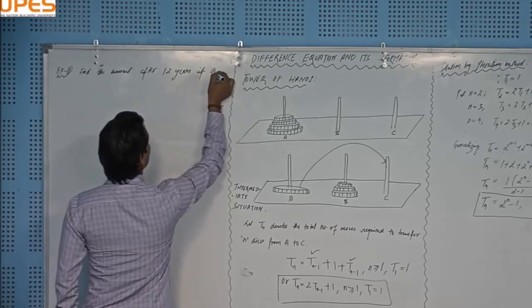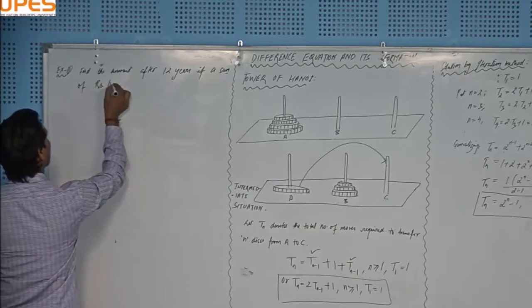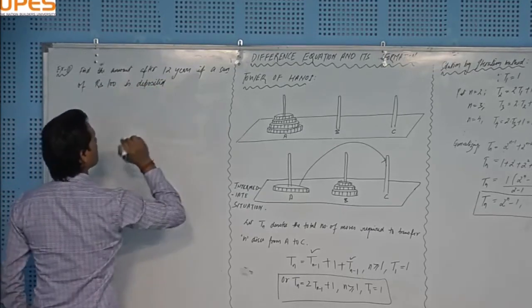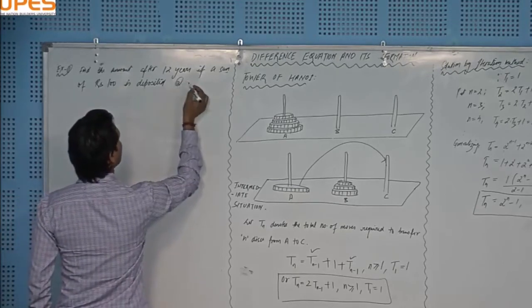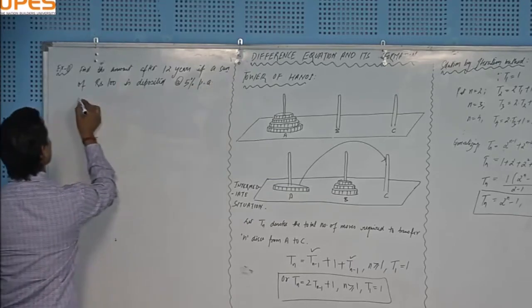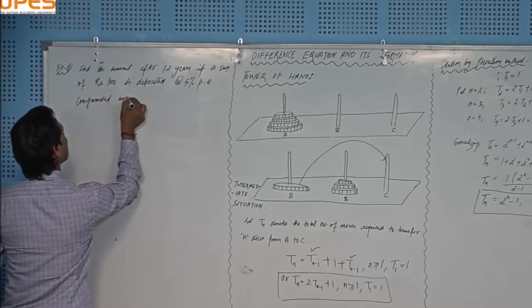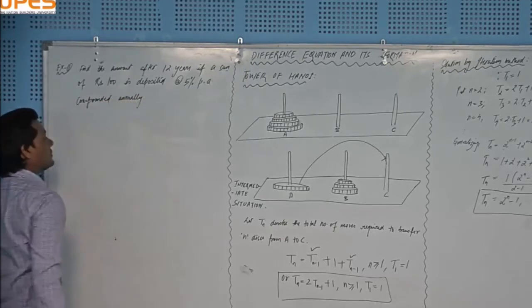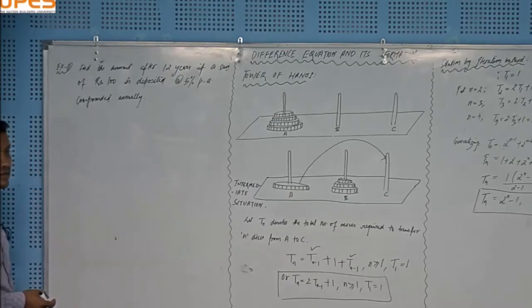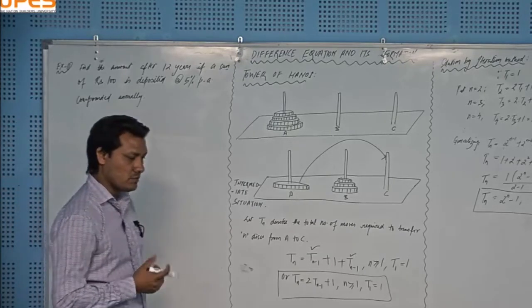If a sum of rupees 100 is deposited at the rate, I will say, 5% per annum, compounded annually, right? And as I said earlier, a bank calculates the interest or the amount by using a difference